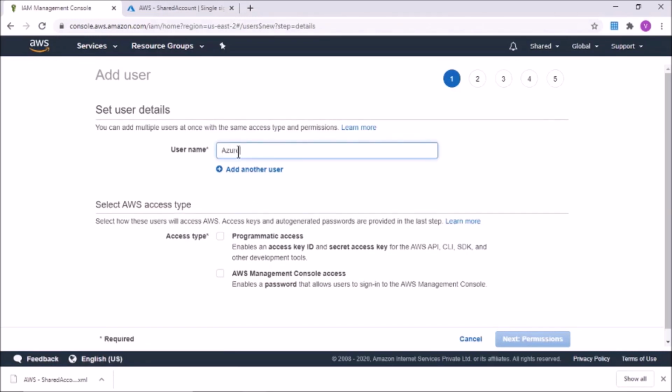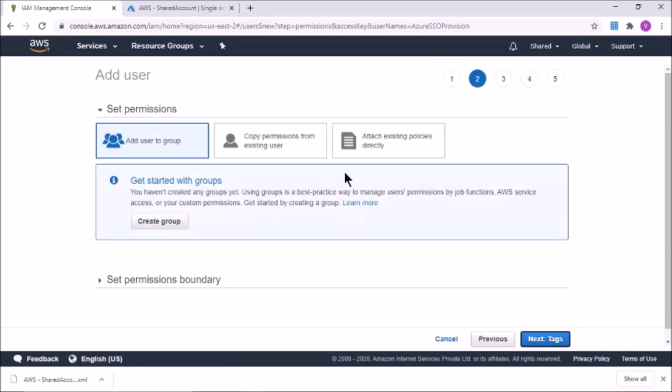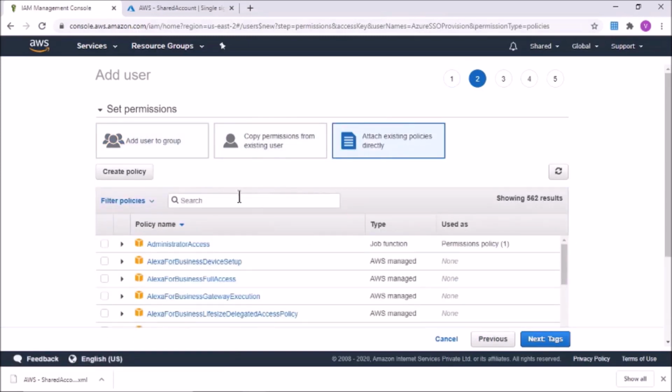I will name it as Azure SSO Provision. Make sure to select programmatic access because we will need the access key ID and secret access key to configure in Azure. Attach the existing policies. Here we need to attach the policy which we just created, list roles.